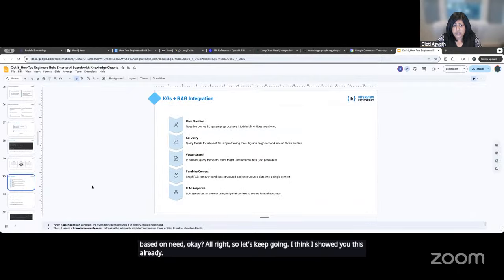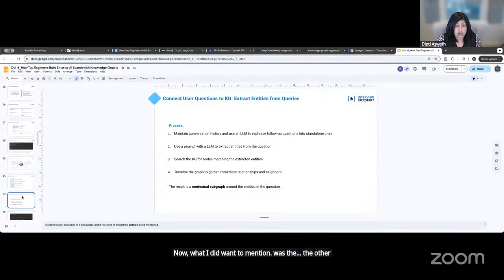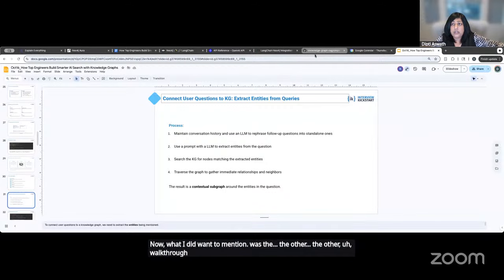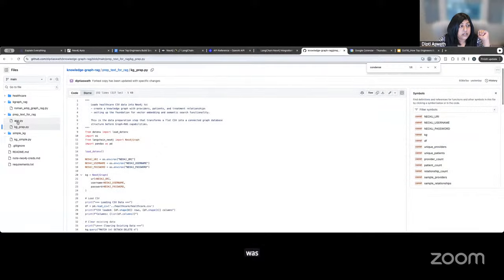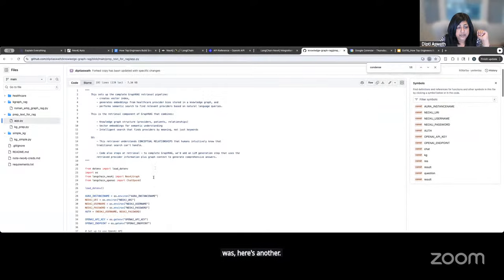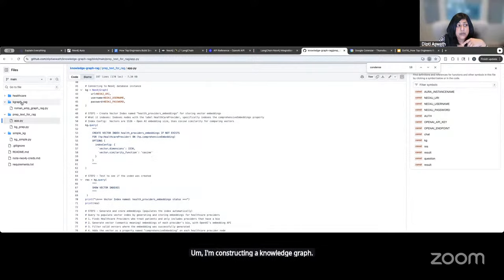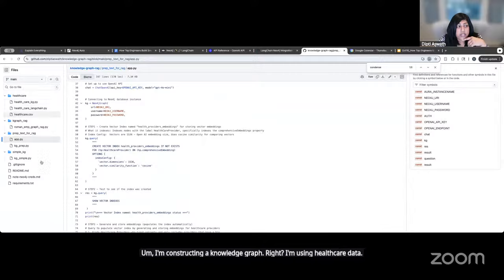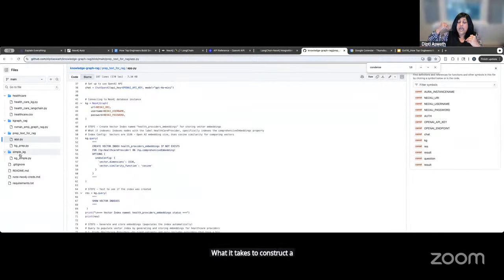Now, what I did want to mention was the other walkthrough that I quickly had before I pass it on to Rohan. Here's another application that I have. I'm constructing a knowledge graph, right? I'm using healthcare data. Okay, and these are very simple applications, by the way. These two are very simple applications to show you what it takes to construct a knowledge graph and to build